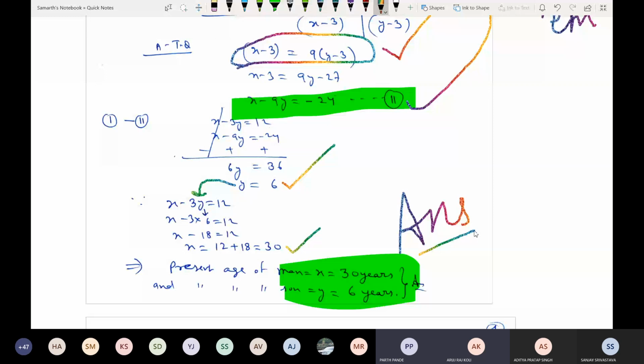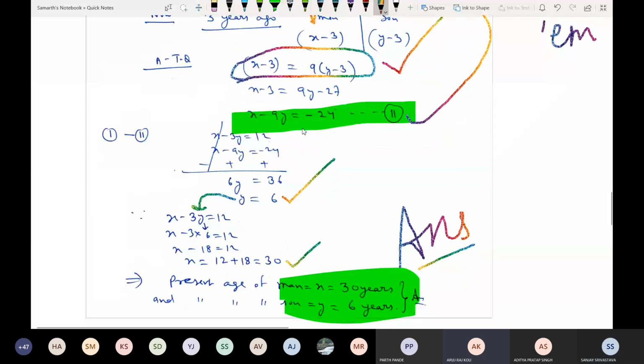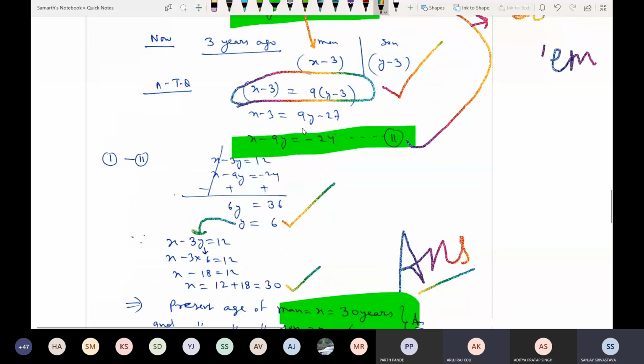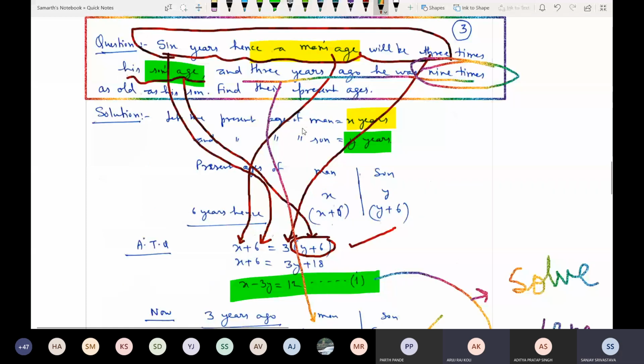Sir, please explain once again. Who is this boy? Arun Raj Kohli. You're in which section, beta? D. What have you not understood in this? Sir, why have you taken x and y? x and y, because the son and the man are different. We have to find the ages of the two. What is x and what is y? I have taken the present ages, beta.